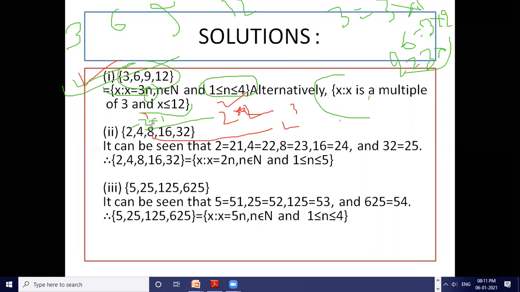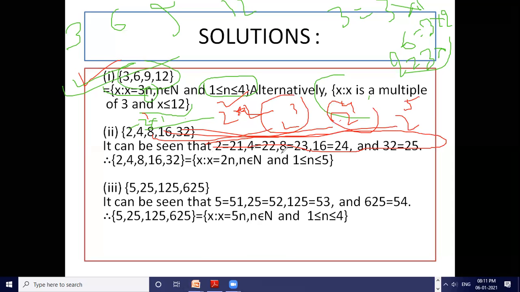16 को कैसे लिख सकते हैं? 2 to the power 4. 32 को कैसे लिख सकते हैं? 2 to the power 5. यहाँ पे मत जाओ, यहाँ पे ये जो क्यूब पावर है वो नहीं दिखाई दे रहा है, तो यहाँ मैं जैसे लिखा हूँ ये ध्यान दो, ठीक है। So how can I write that? I can write like that x is equal to x